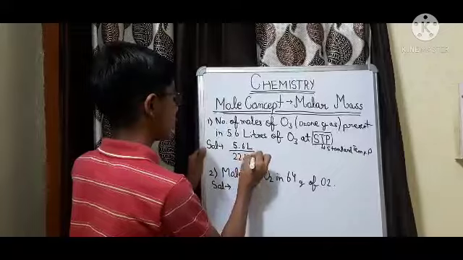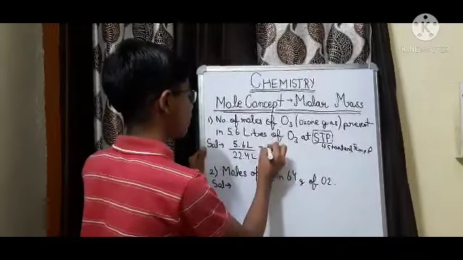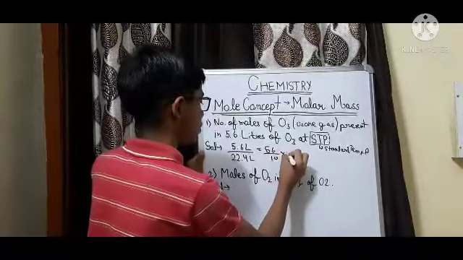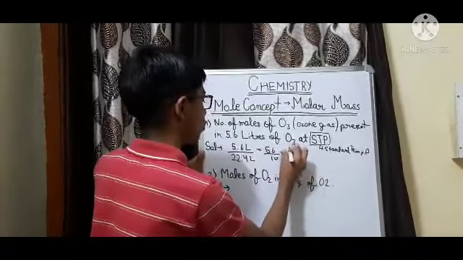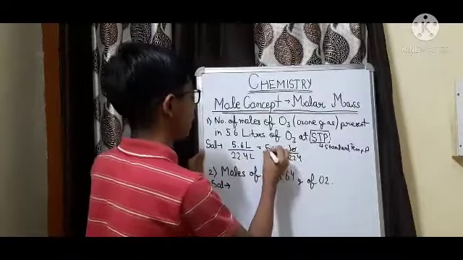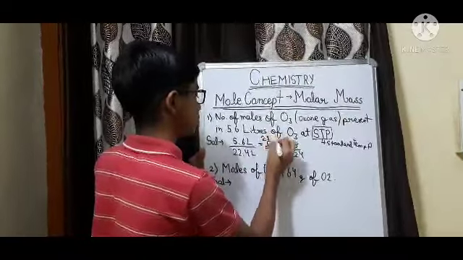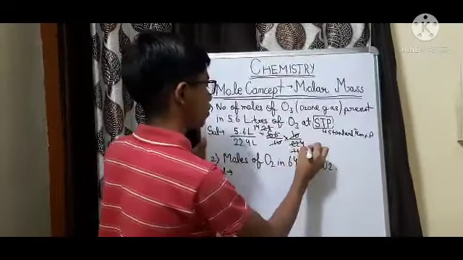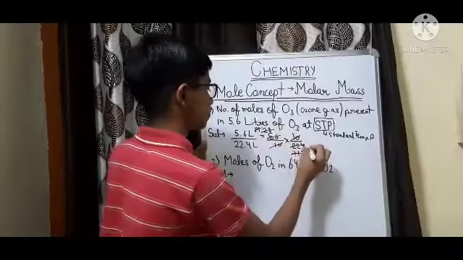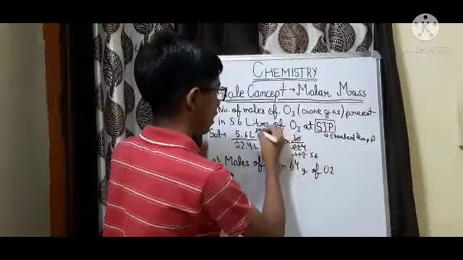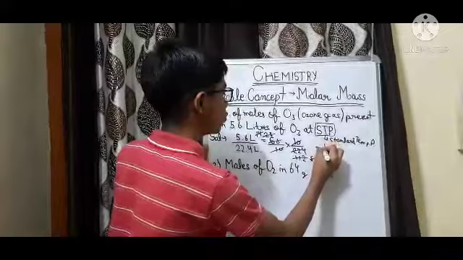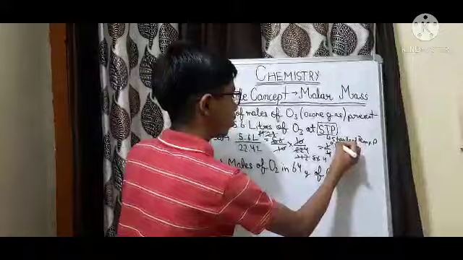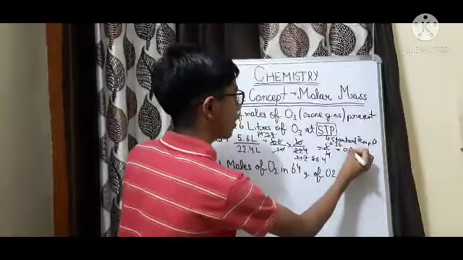that will be 22.4 L. Now we will just divide it, which is equal to 56 upon 224, the 10s cancel each other. It will come as 28, 112, 14, 56. It will be 14 times 4 is 56, which is equal to 1 upon 4 moles, which we can write as 0.25 moles.